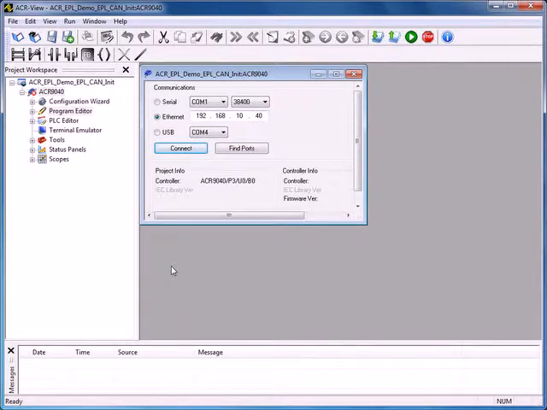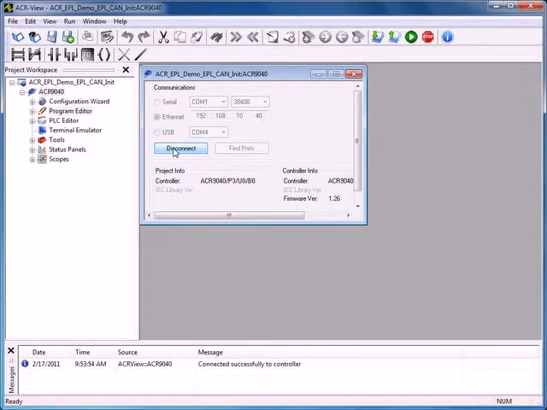Welcome to the session for initializing the EPL and CAN networks for your ACR-EPL demo kit. First thing we need to do is connect to our 9040. This 9040 has been configured and tuned, so we don't have to go through any of those steps. What we're going to do is use some example code from our help files to initialize the